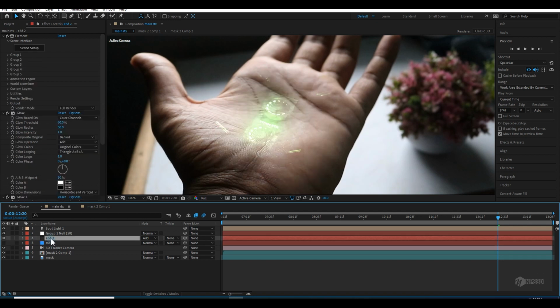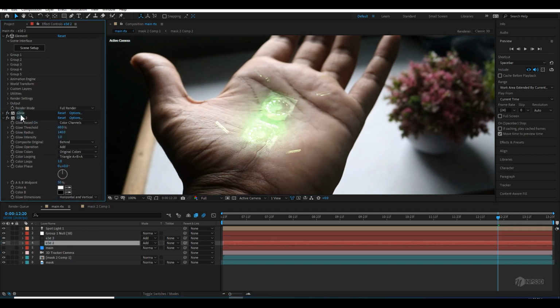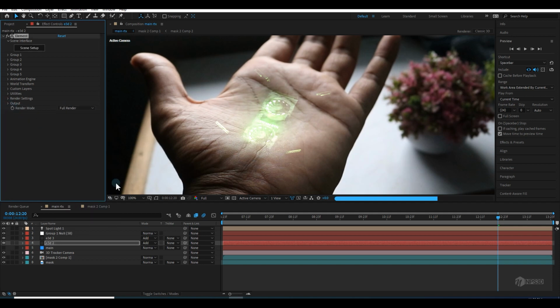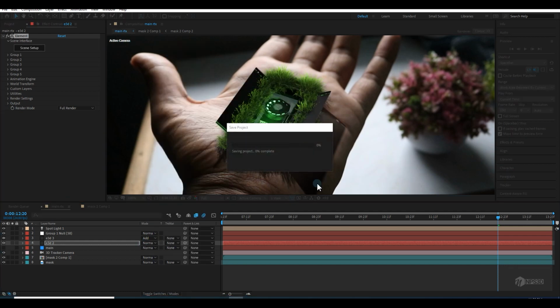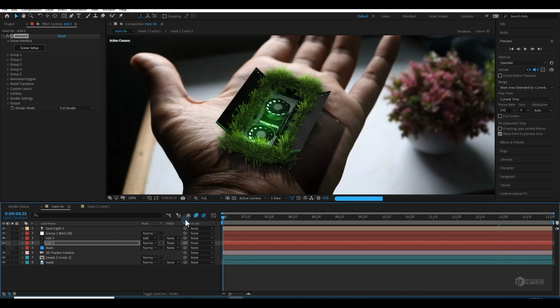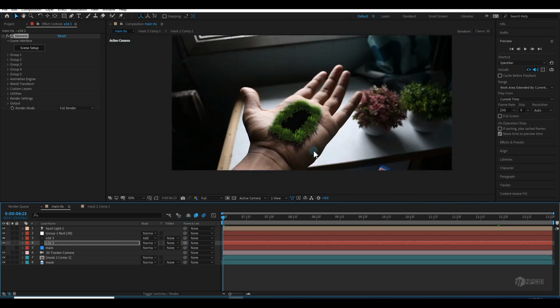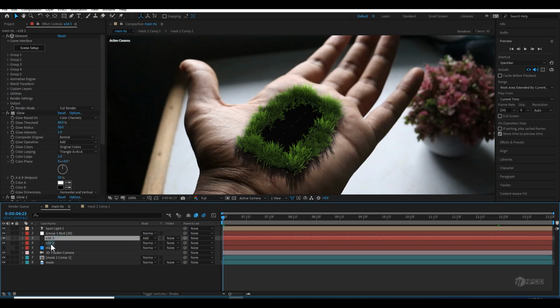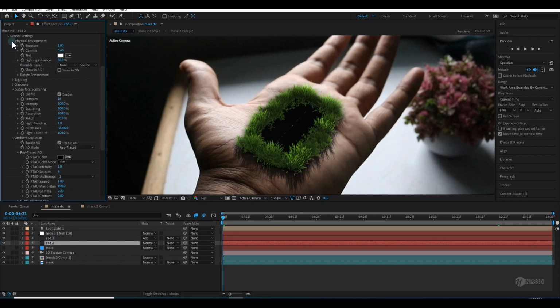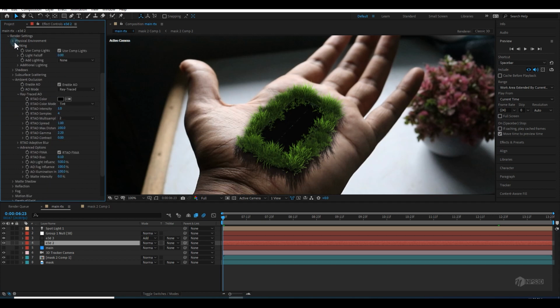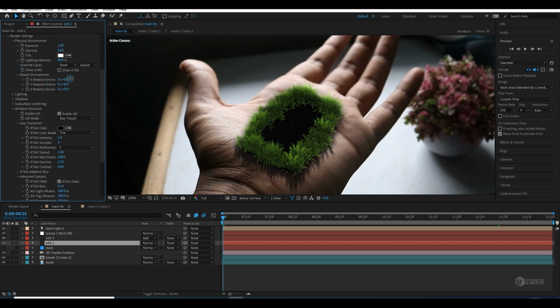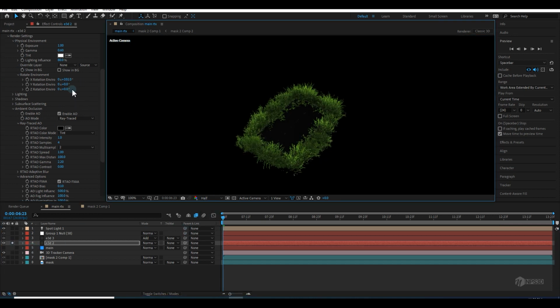So delete one and Control D, make this the below one, delete the glow, and go to the output and make it composite and make it normal. So everything is back again. And if you want, you can rotate the environment, like go to the physical environment and rotate it. You can solo, hide the motion blur and make it half, so we can move faster and see what's going on.